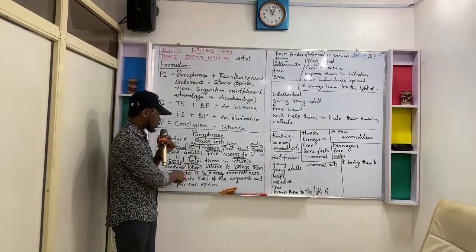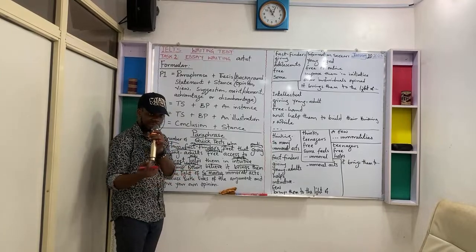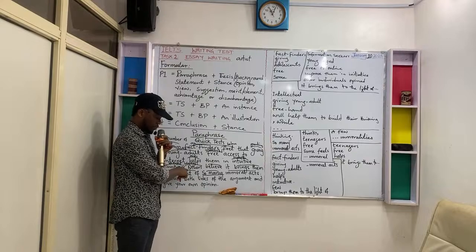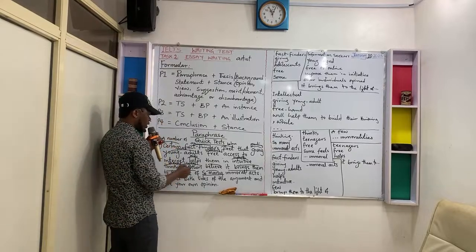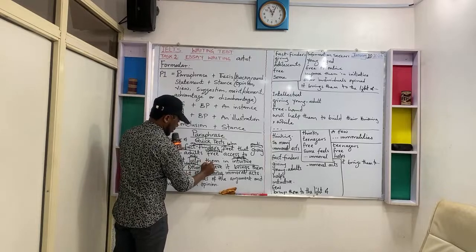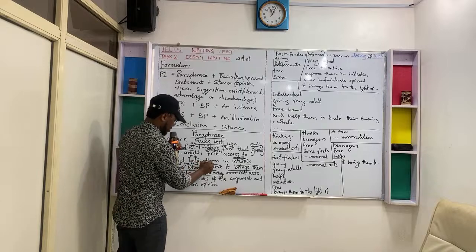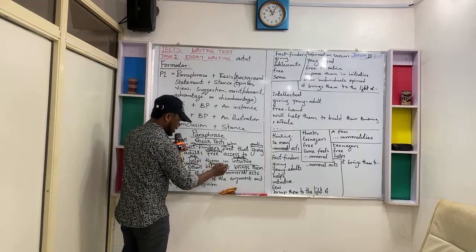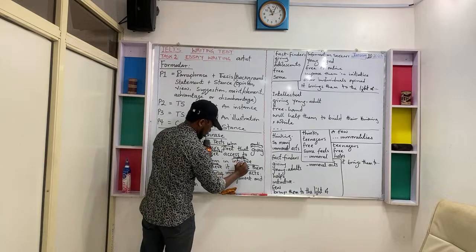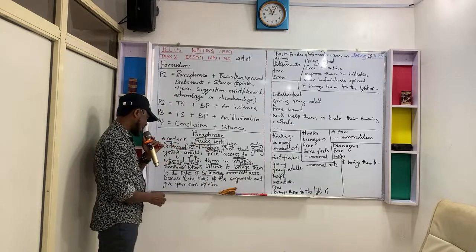Comma. Then you continue. This O becomes what? Small letter. The O of others becomes small letter. Others, what do we use? Think. It what? Exposes. It exposes them to